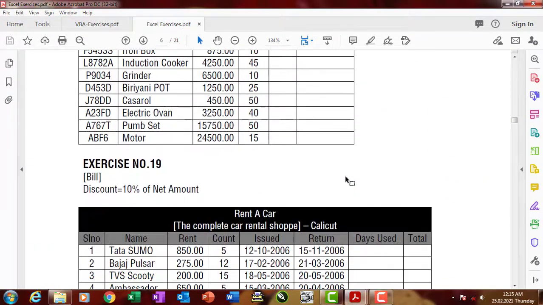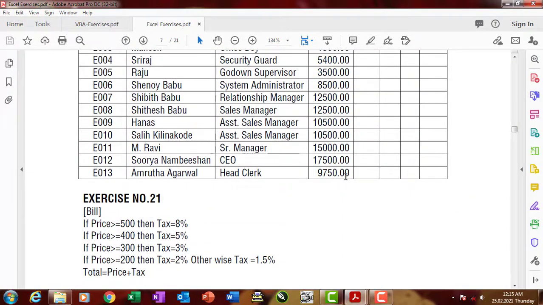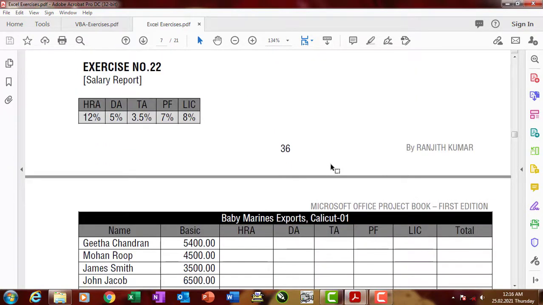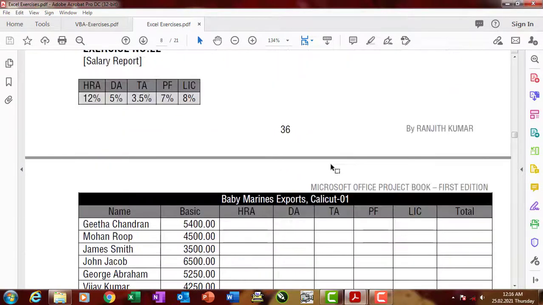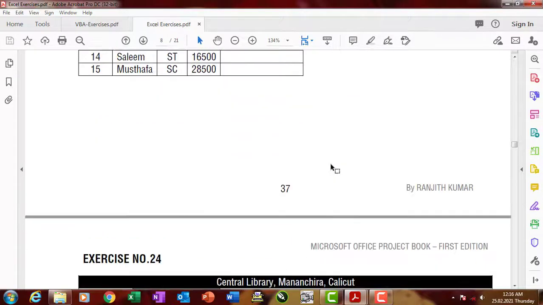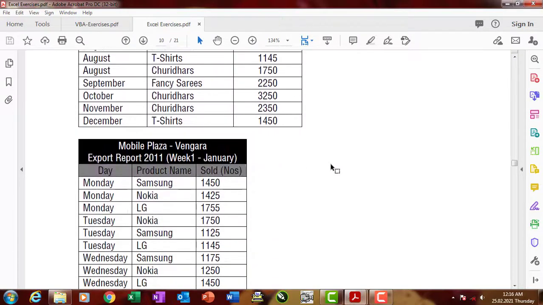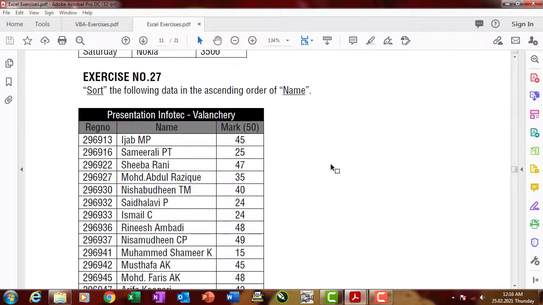And these project works also contain some questions related with advanced features of Microsoft Office Excel like scenario manager, goal seek, subtotal, data validations, etc. Finally, I'm concluding that this project work contains about 60 amazing Microsoft Office Excel